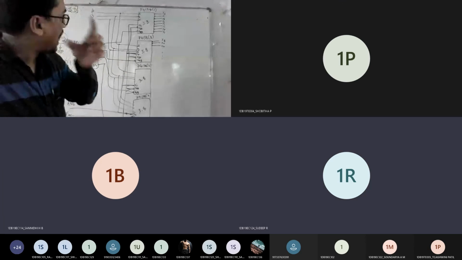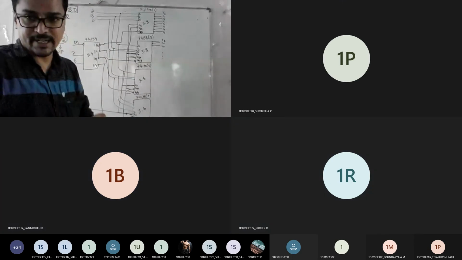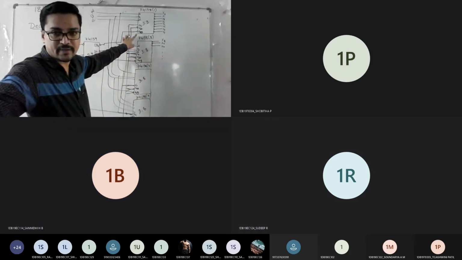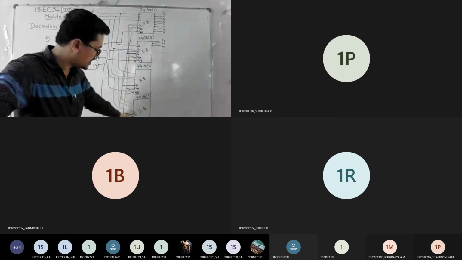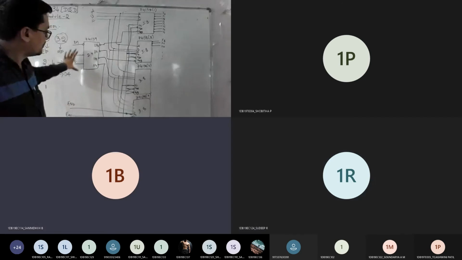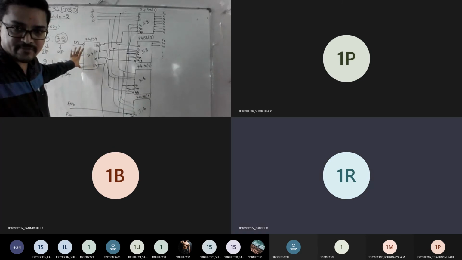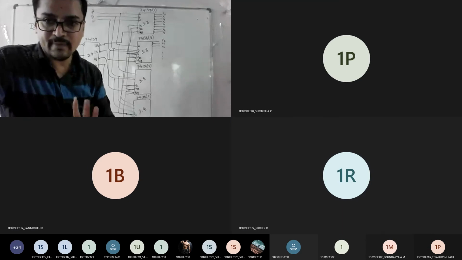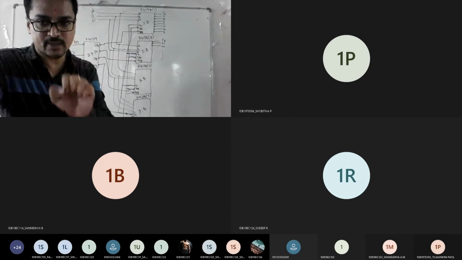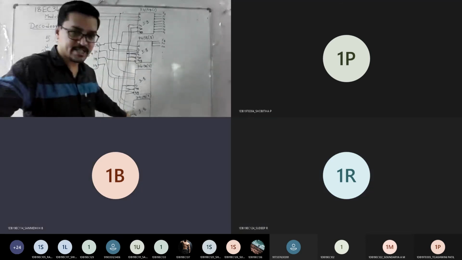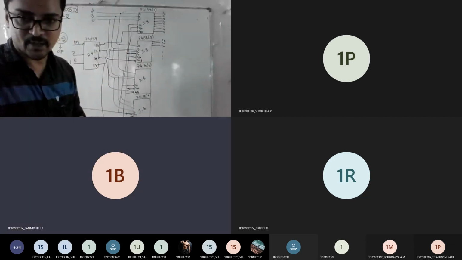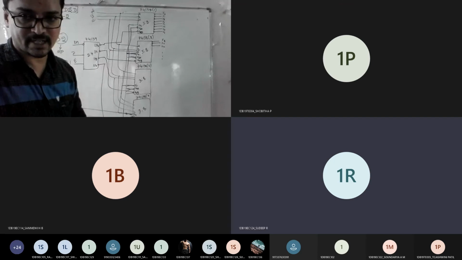Yeah. See what I told, after connecting ABC for all the 3:8 decoders, what was left out was G1, G2A and G2B. I told you G1 and G2A of each 3:8 decoder are controlled by 2 enable pins. Because we know the logic: if it is a 2:4 decoder, 1 enable pin is enough to control. If it is 3:8, there should be 2 enable pins. Those 2 enable pins are connected to your G1, G2A, and that is a common connection for all the 4 3:8 decoders. Now, what is left out in the connection?